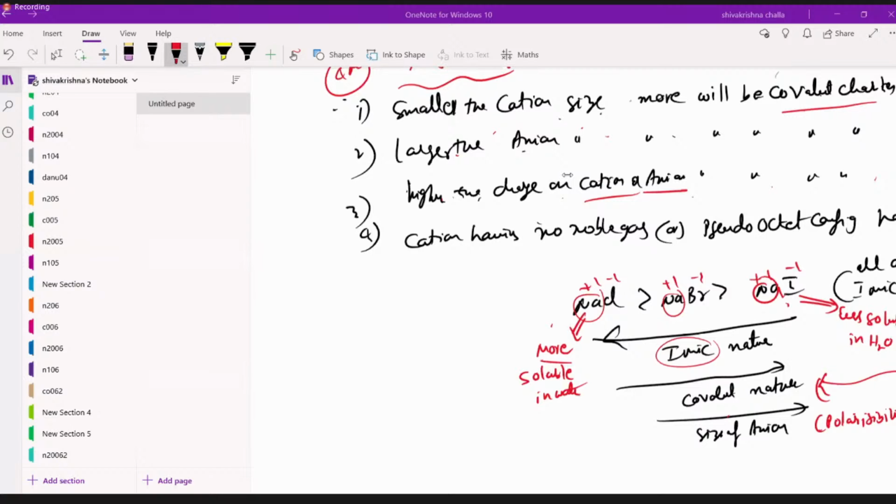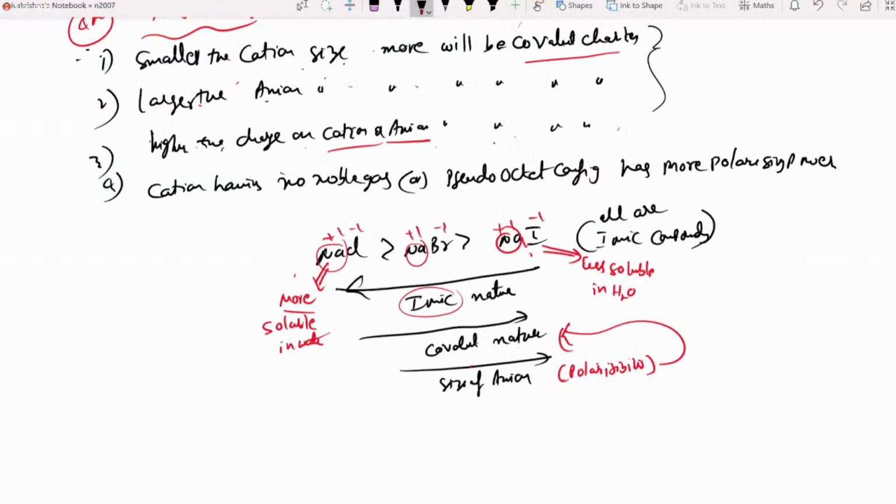Sir, water is a universal solvent, no, sir? Yes, 100%. So sodium iodide has to dissolve in water, no, sir? I didn't say it doesn't dissolve at all; I said less soluble. Sir, less soluble. But it is soluble, no, sir? Why not? Less soluble, that is why I wrote it.